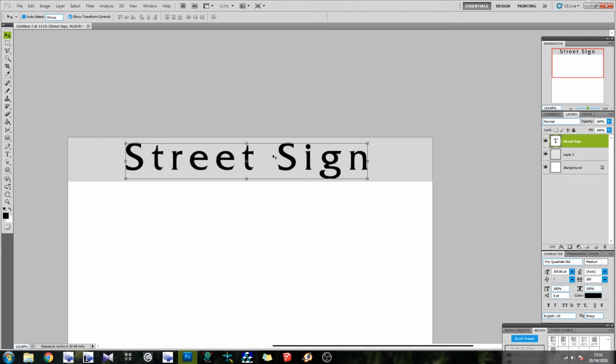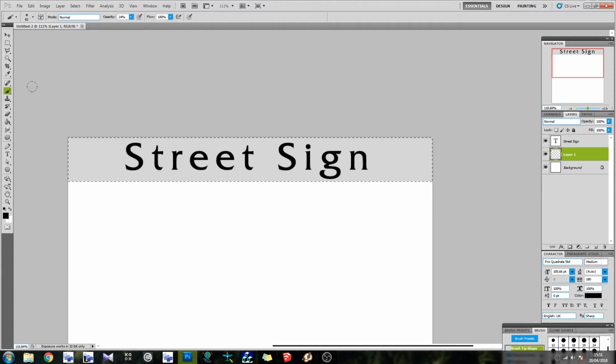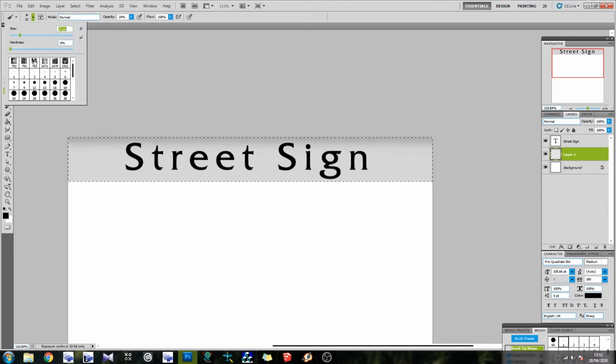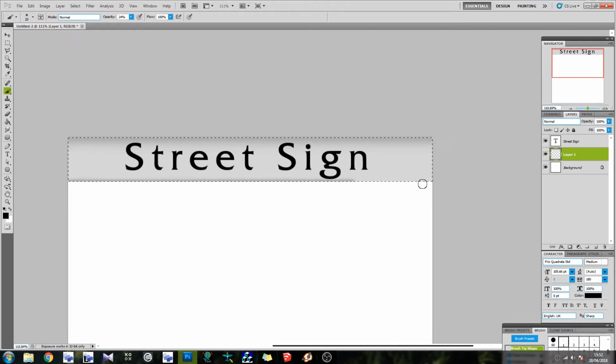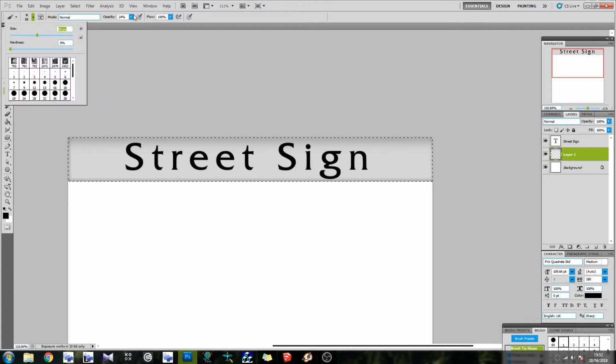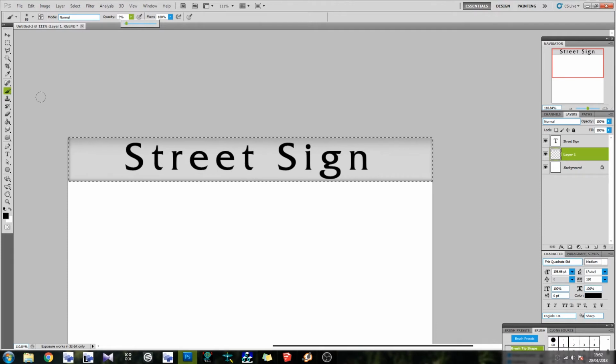Now, in some streets you have little icons at the ends and things like that. It doesn't matter to me about this particular sign because I'm just doing this to show you. So we can now select the image, and we can add some shading on there if we wanted. Just use a nice dark color and pop a little bit across the top. And say a smaller brush, just go along the bottom like that, and around the edge. Okay, we can now add some wear and tear on there by using a fairly large brush, low opacity, and just